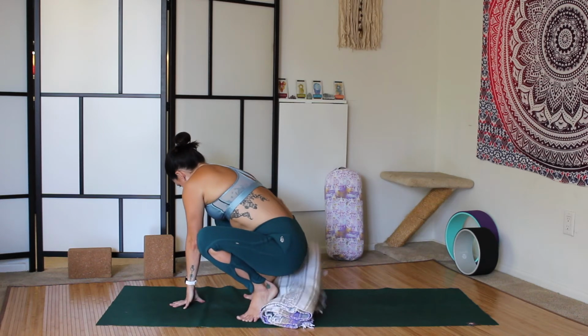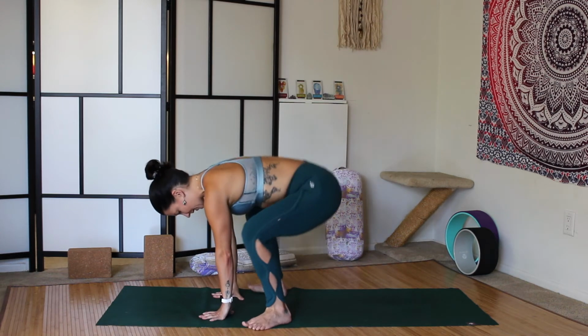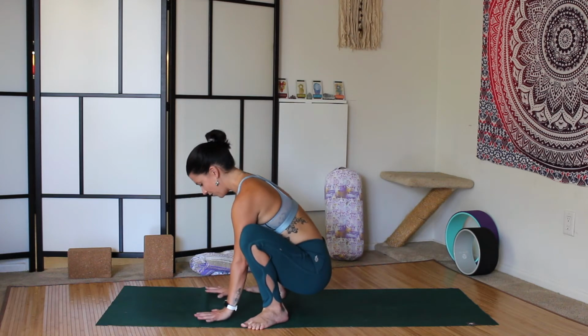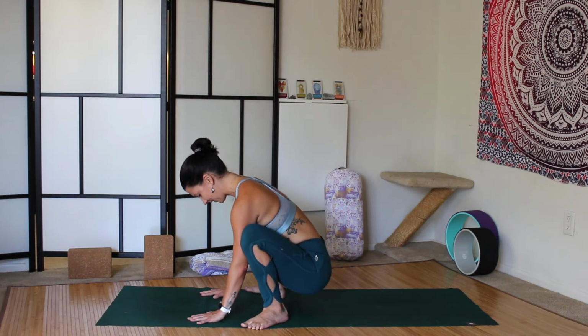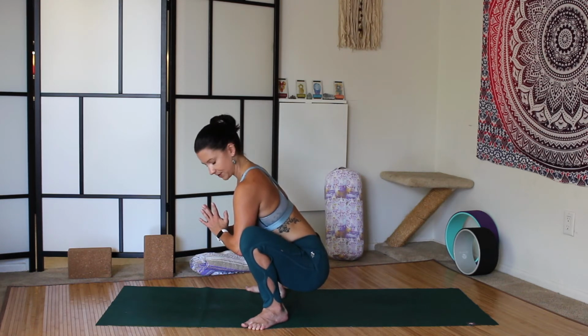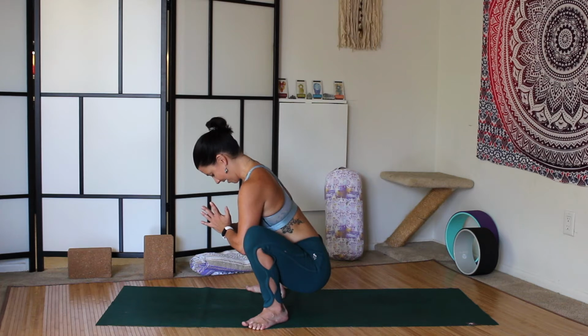Otherwise, take the blanket away, or again, you can use blocks or a cushion or pillow. Bring your feet to a distance that is comfortable for you, and then again, bring your hips to your heels, if at all possible. You can keep your hands forward, shimmy your triceps in between your knees, and then bring your hands to prayer at heart center, Anjali Mudra, and then press your knees away from you with your elbows to deepen the stretch. So over time, the idea is to bring your heels closer together and your knees farther